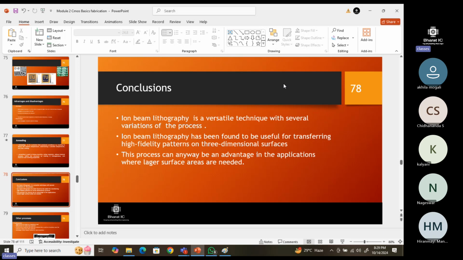They will just ask what the steps of fabrication are. Just remember the steps of fabrication taught earlier in the CMOS fabrication topic, and how the steps are done. Read all these things, but be particular with the steps. You should know the steps very precisely. If anyone asks what ion beam lithography is, you should be able to tell them,